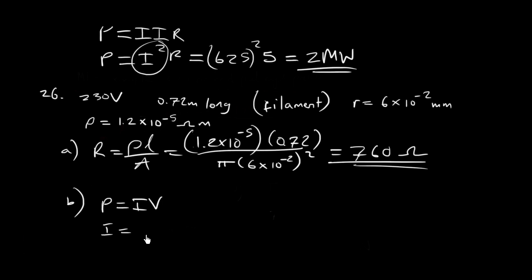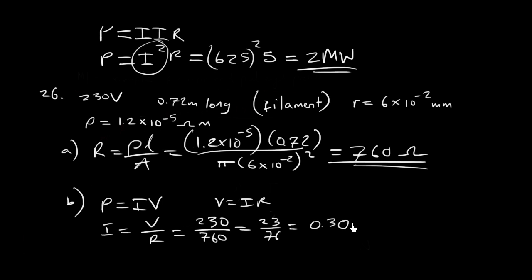The current, if V is equal to IR, then I is equal to V over R, and that is 230 volts divided by the resistance we just calculated over there. So 230 divided by, that's the same thing as 23 divided by 76. And I get my calculator out. That is 23 divided by 76, 0.3